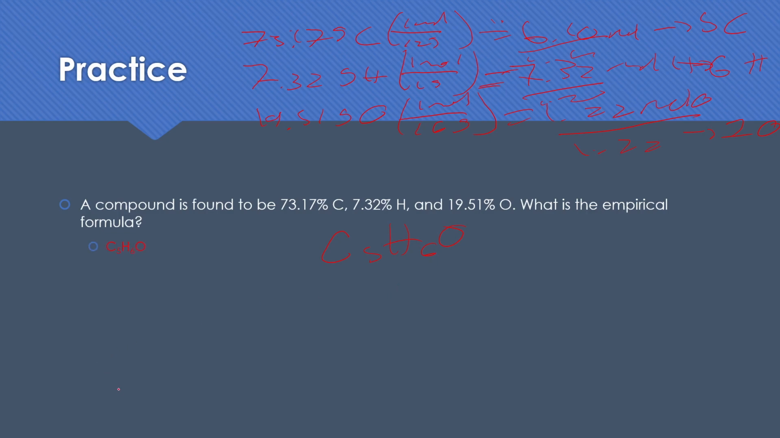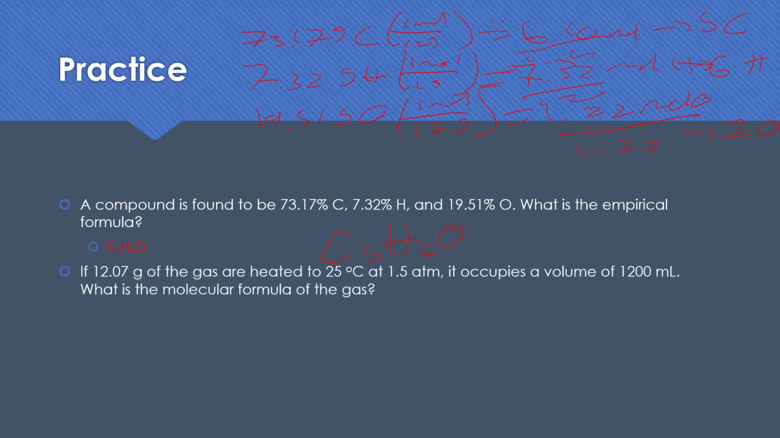Cool. Next question is, if 12.07 grams of the gas are heated to 25 degrees Celsius at 1.5 atmospheres, it occupies a volume of 1,200 milliliters. What's the molecular formula? Well, if PV equals mRT over M, M equals mRT over PV. So the molar mass is equal to 12.07 grams times 0.08206